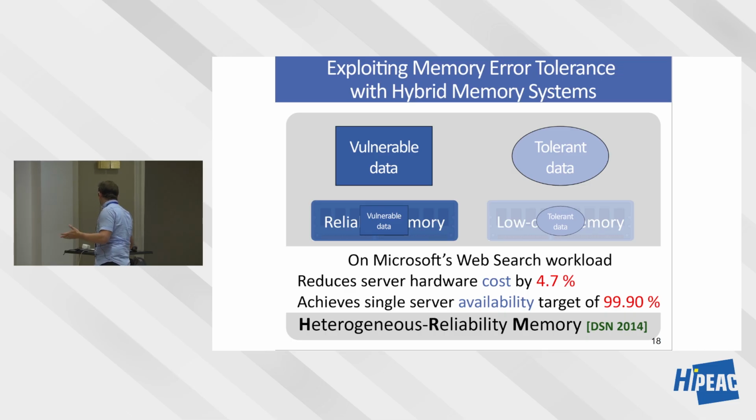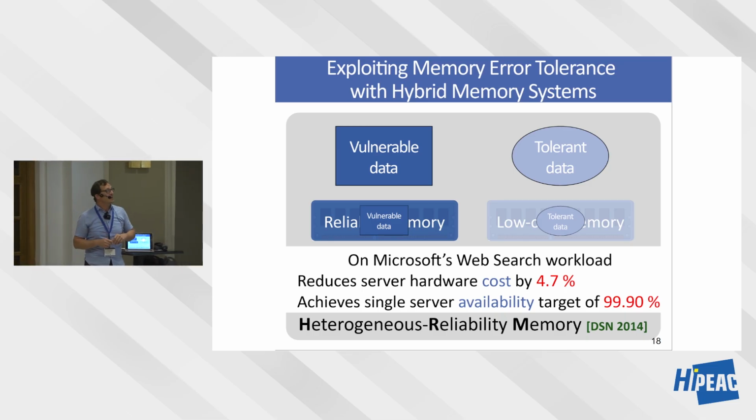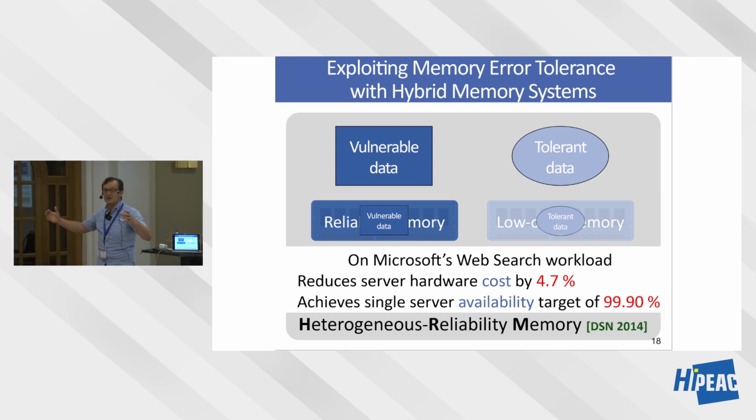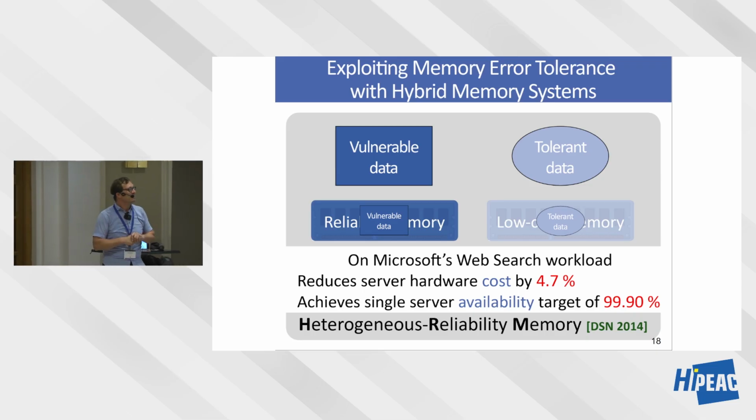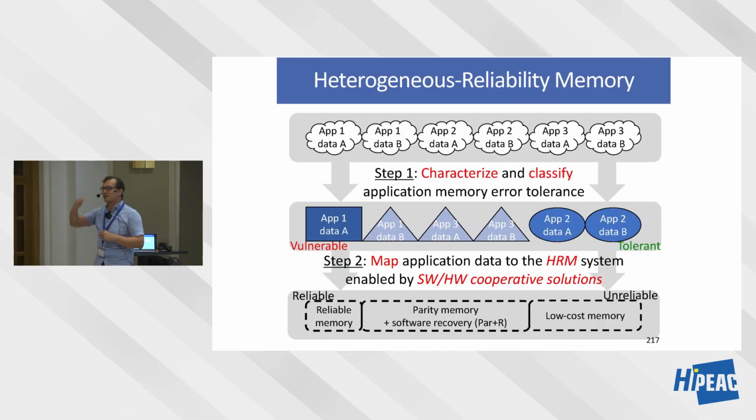We actually prototyped this in simulation, together with Microsoft folks. In data centers, you have memory with ECC, and ECC has a lot of cost and a lot of power and energy implications, etc. So we wanted to understand, can we get rid of some of the ECC in the data center and make the memory much larger so that we can scale the applications to larger systems? We found out that you can actually reduce the server hardware cost by about 5% this way, while still achieving a good availability target. So there's more to do in this area. This is not the last word, but this is really an example of across-the-stack thinking.